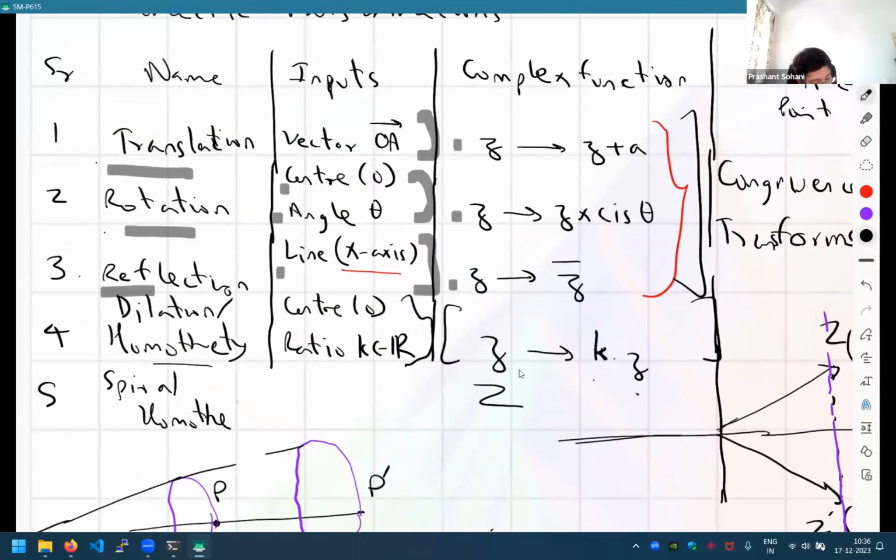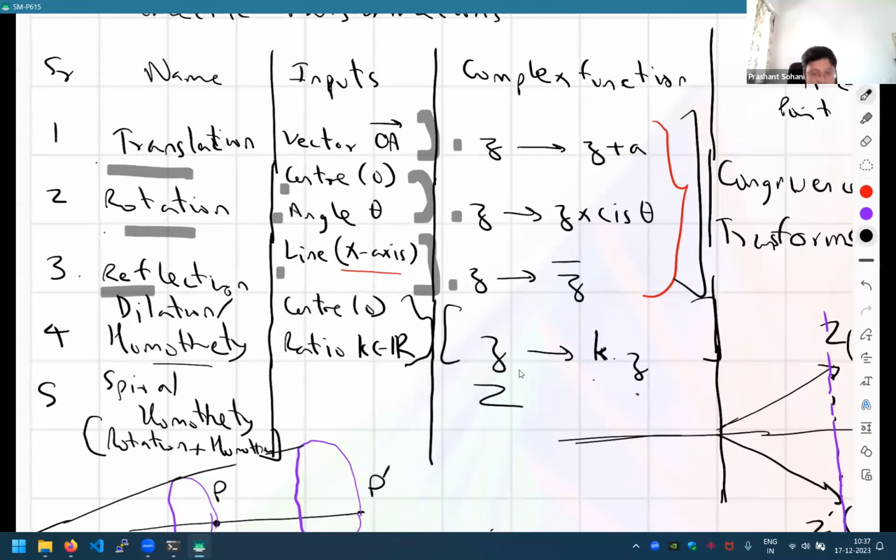Actually, I was planning to cover it today, but may not have the time. So spiral homothety is the new homothety, which is a combination of rotation plus, sorry, rotation plus normal homothety. Okay, so we are going to study this next time. This is going to be a very powerful operation. Spiral homothety is going to unlock lots of possibilities. Of course, it is a powerful operation, so it has lots of properties, lots of things that we need to understand very well. I think we need to understand complex numbers in a very proper way to appreciate the